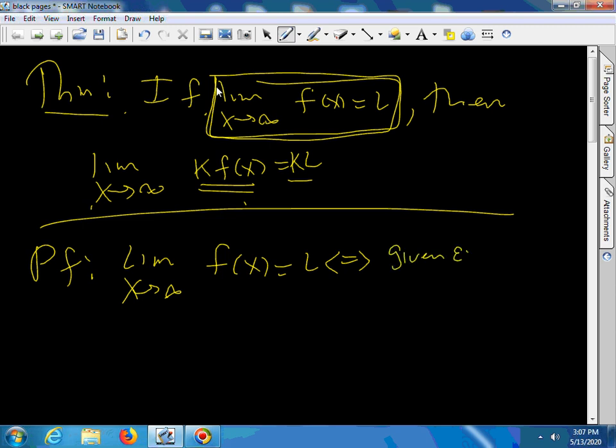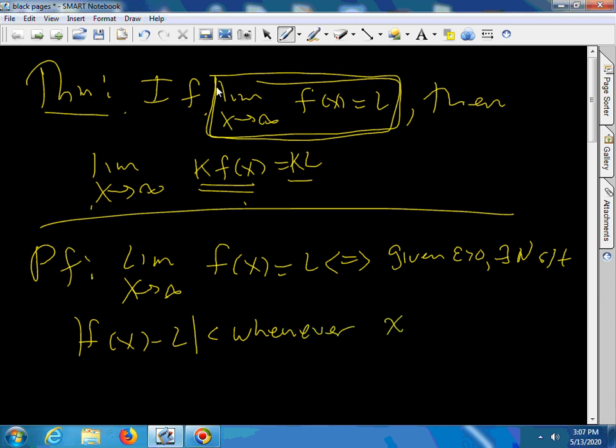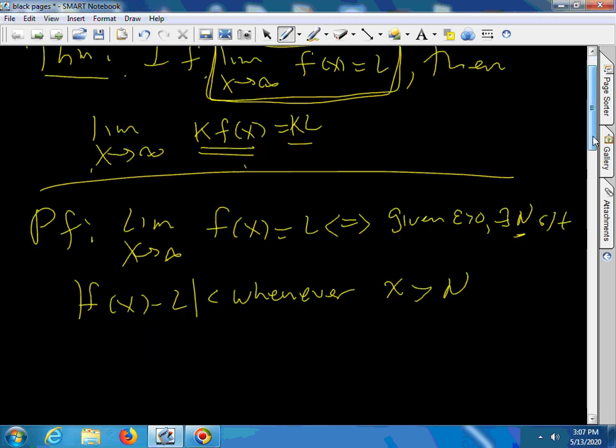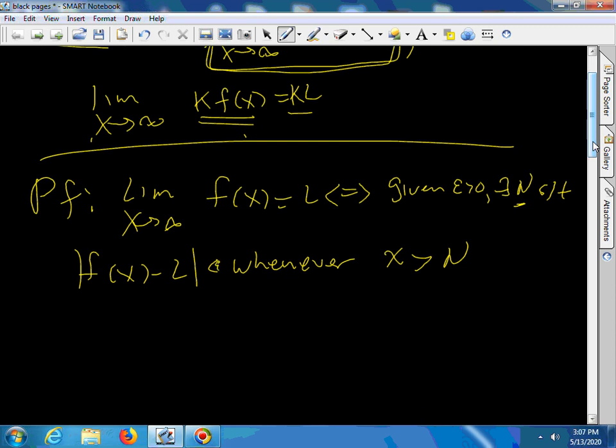given epsilon greater than 0, there exists an N in the natural numbers such that the absolute value of f of x minus L is quite small whenever x is sufficiently large. It's bigger than that N. That's less than epsilon. Now,